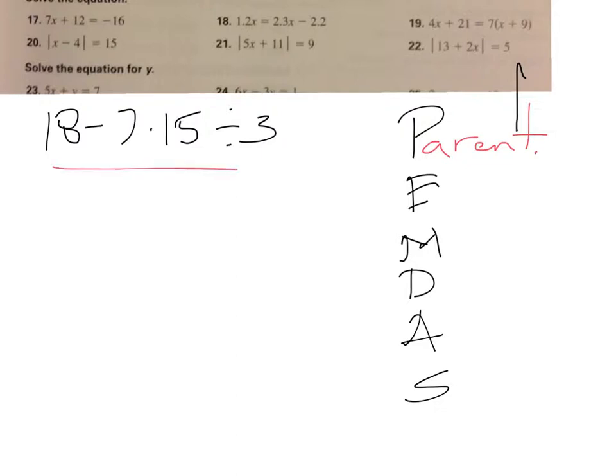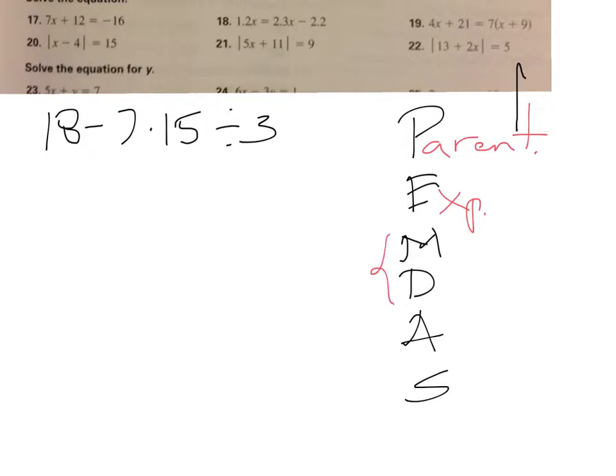In this case, there are no parentheses, so there's nothing I have to do. My next step is exponents. Again, in my case, there are no exponents in this problem. Moving along with the order of operations, then I have multiplication and division,